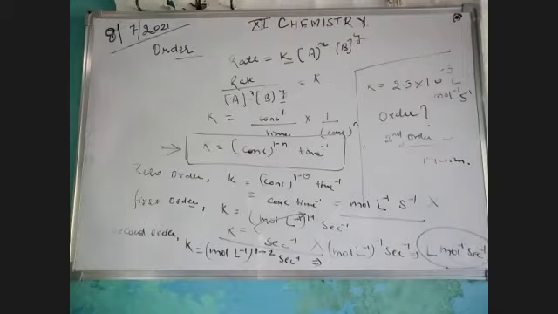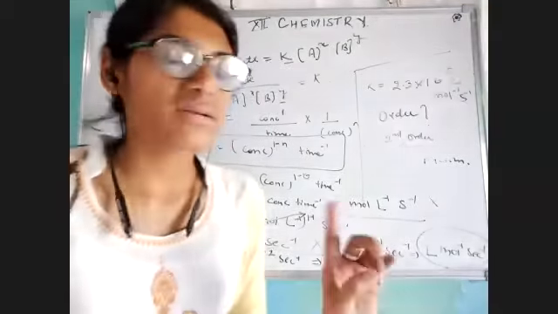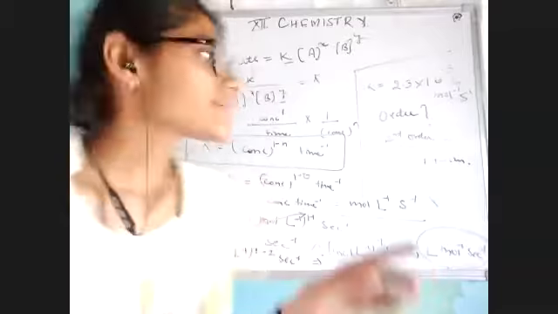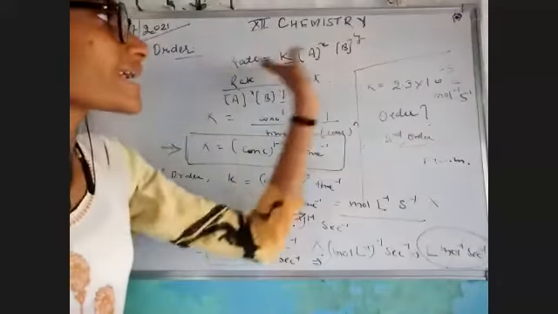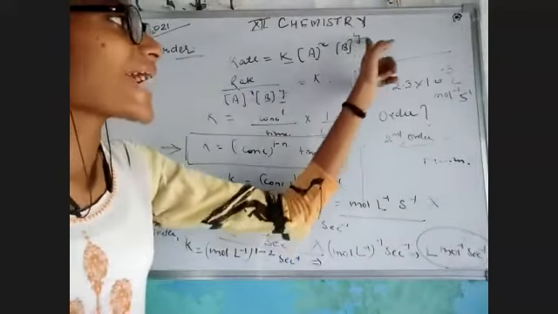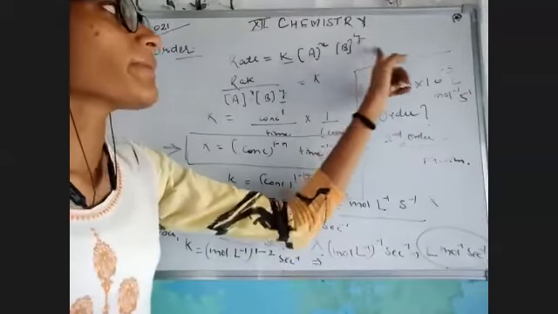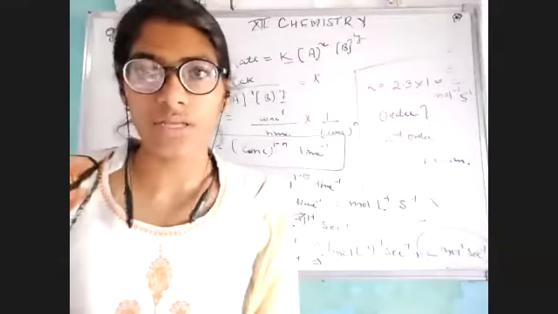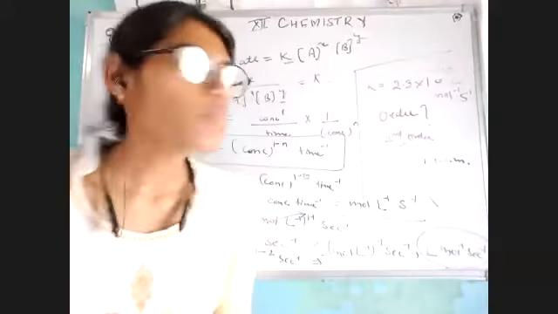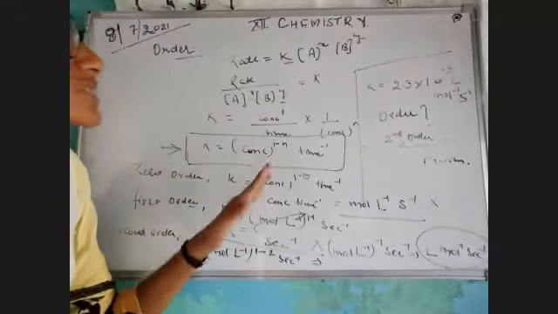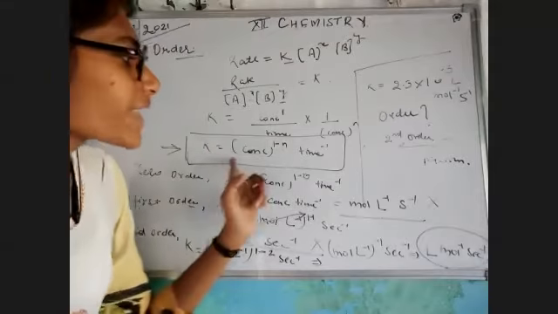Am I clear? I'm just trying to tell you that on order there can be two different types of questions. First is we have to calculate the order. The reaction would be given to you, the rate equation would be given to you, and we have to just add the powers or the exponents of the concentrations of the reactants. First point. Second point, I'm telling you, on the basis of the unit of rate constant, we have to remember this general formula,